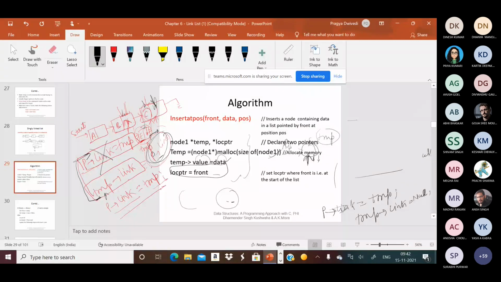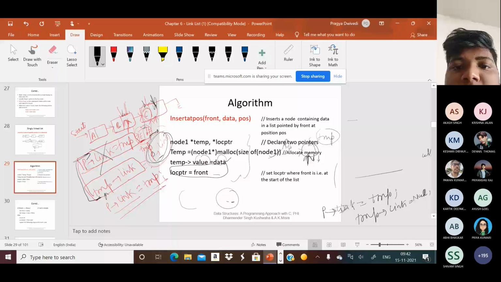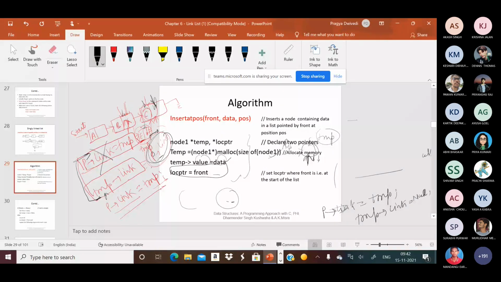So whenever you want to insert the element in between the node, or at a specific position, or before the node or after the node, there are different ways for the insertion of element.